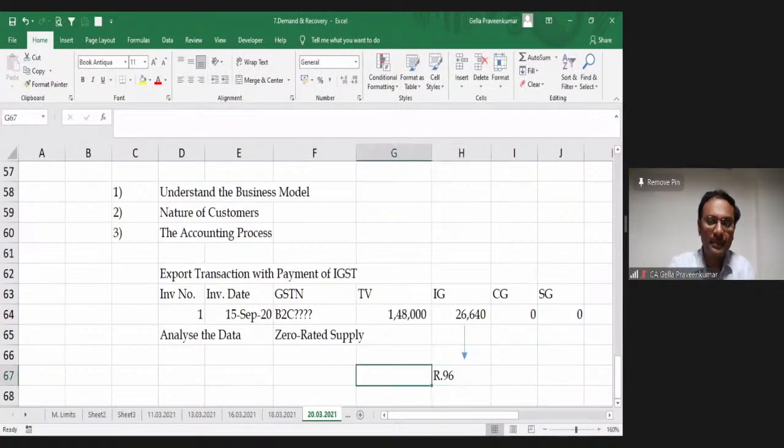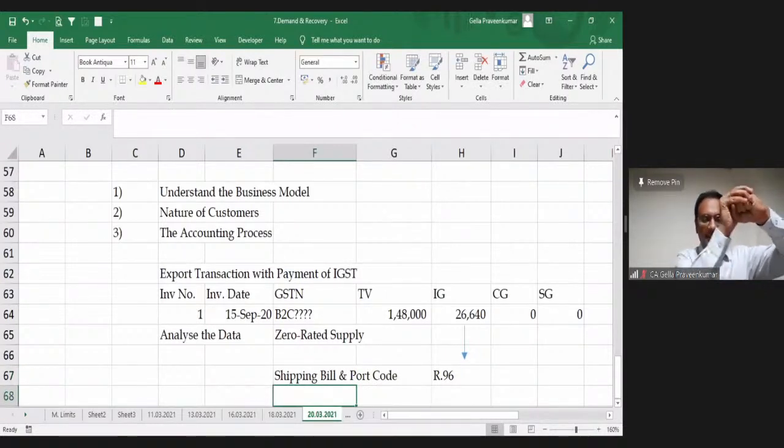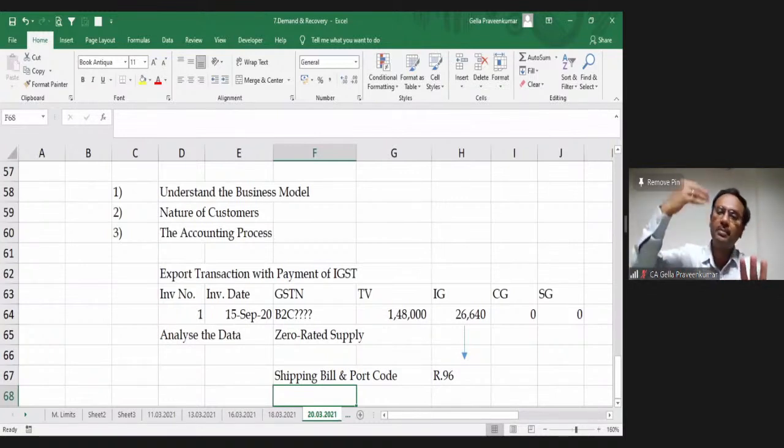What does Rule 96 say? Your GSTR1 and your GSTR3B will be matched. If this data matches, that data will be matched with your ICEGATE portal, called the Customs Portal. How? On the basis of your shipping bill and port code. My shipping bill port code from the ICEGATE portal will be matched with my GSTR1. If both the data synchronize with each other, this 26,640 will come and hit my bank account within a period of 45 days. Now, by mistake, instead of calling it zero rated, if I bring it into B2C supply,